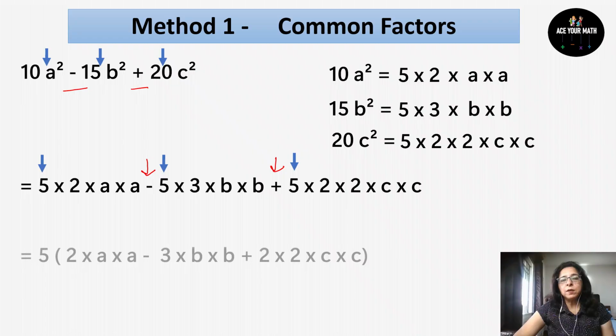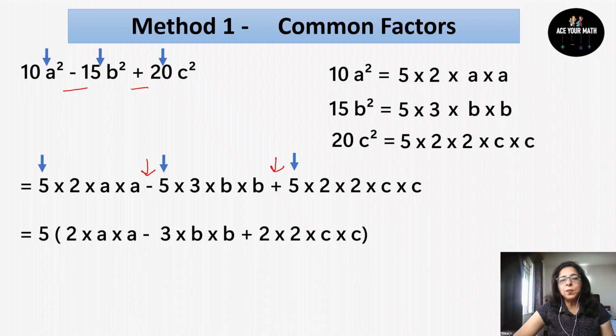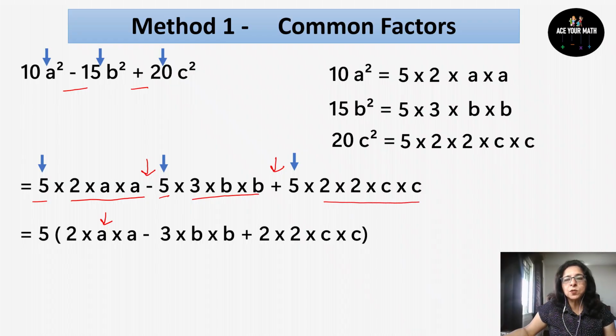So you will write 5 outside, and what will be left inside? In each term, if you take out this 5 outside, what you are left with is 2a square. So you write 2a square here. In the second term, if I take out 5, what is left? Sign as it is, you will be left with 3b square. And in the last term, if you take out 5, you will be left with 2 times 2 times c